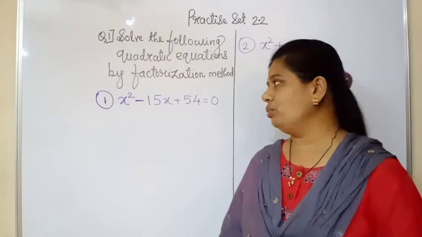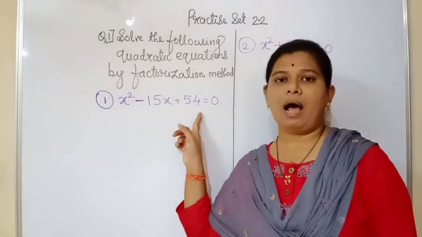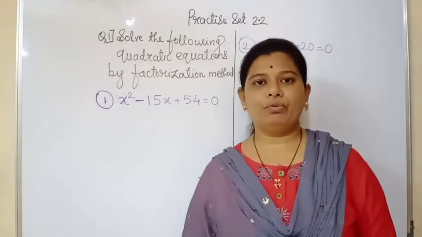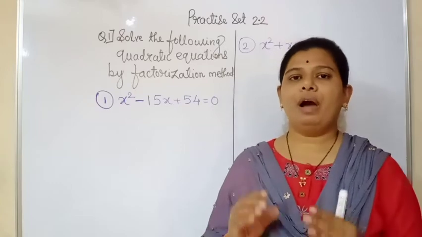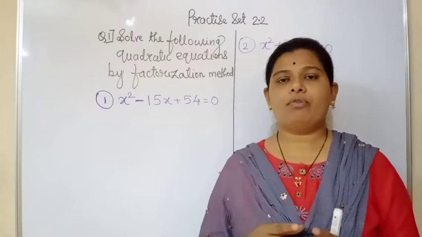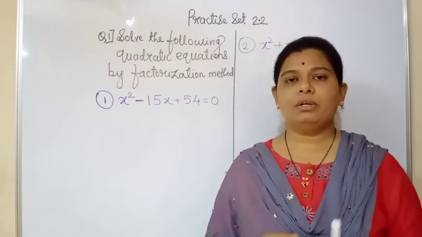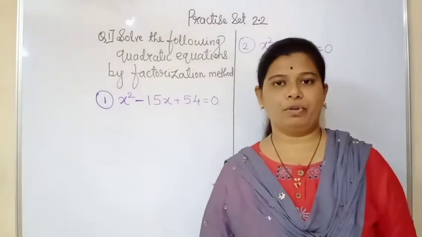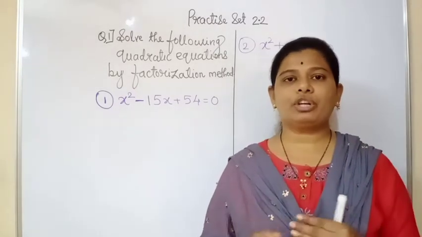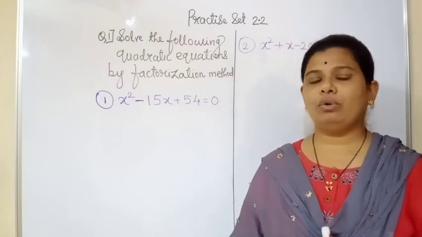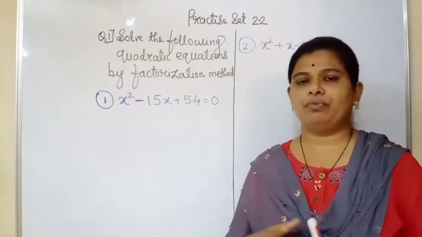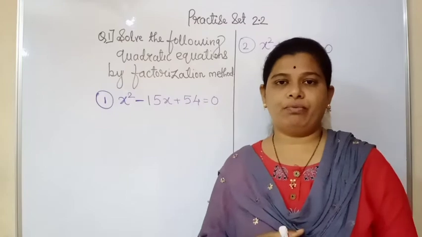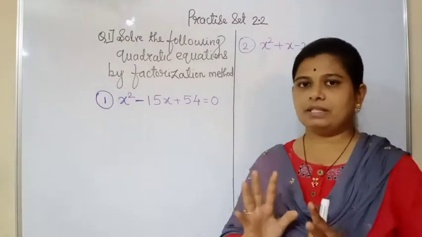The first thing we have to do is observe the last number. The last number here is 54. Now we have to find two numbers which, when multiplied, give the answer 54. We'll see the tables, in which table 54 comes. As we know, 9 sixes are 54, or 6 nines are 54, it is one and the same thing. Going further, 27 twos are 54, but the nearest numbers are 6 nines are 54.